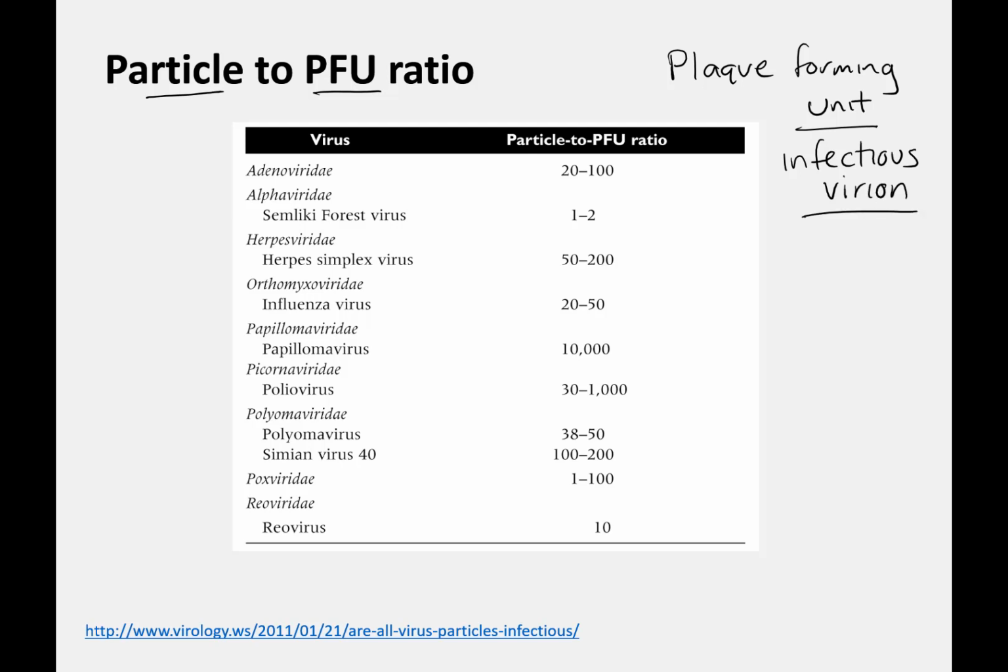Because of high mutation rates, some particles, virus particles, are not infectious. So people have studied, of all the particles that a virus makes, how many are actually infectious. So you can see herpes virus has a huge range. So there's 50 to 200 particles made for one infectious virion. And that can seem quite wasteful,